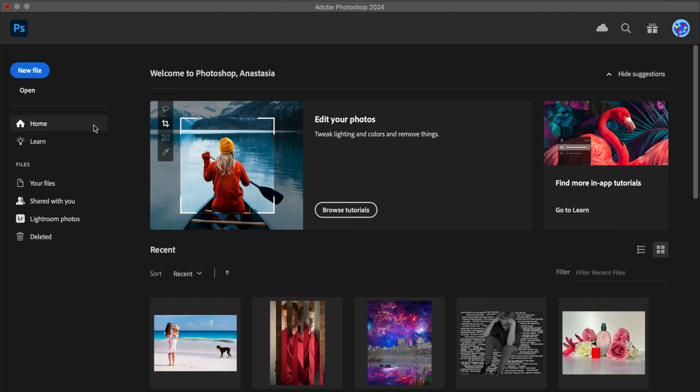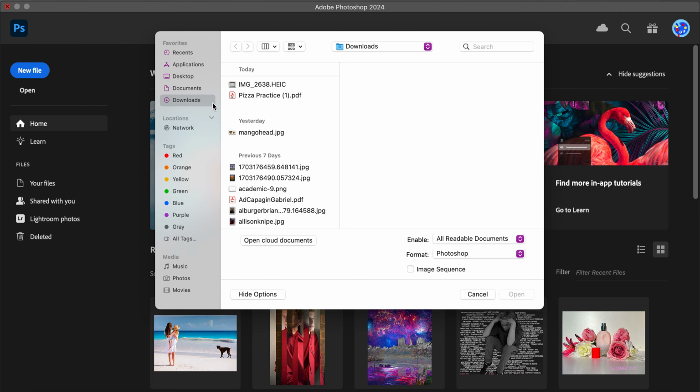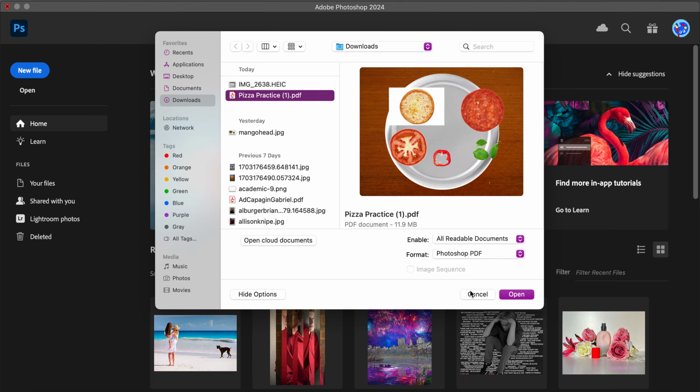To learn how to use layers in Photoshop, we are going to download a file that has a pizza that's deconstructed, and we're going to rebuild it using these skills. To open a file that you've downloaded in Photoshop, click Open in the interface. It's in the top left corner. Find the pizza file